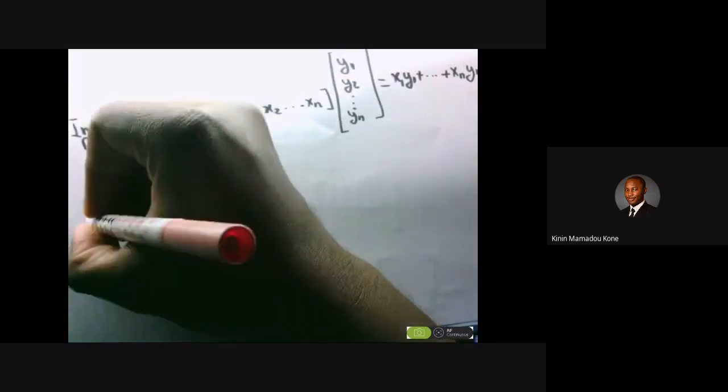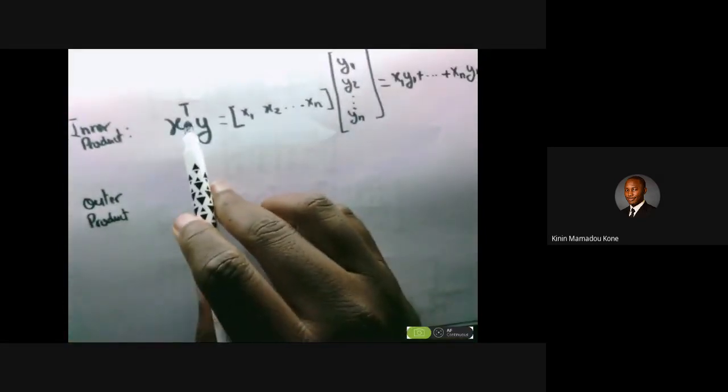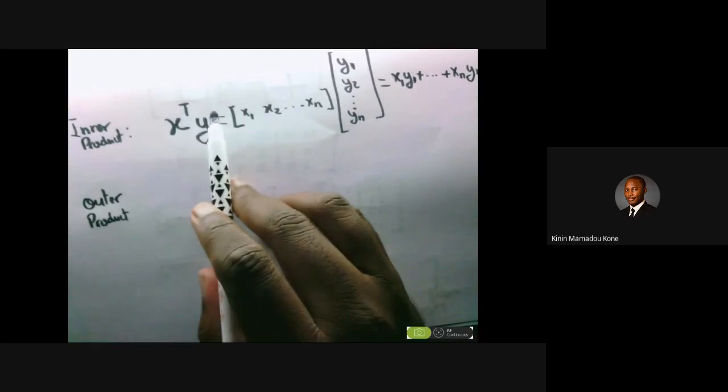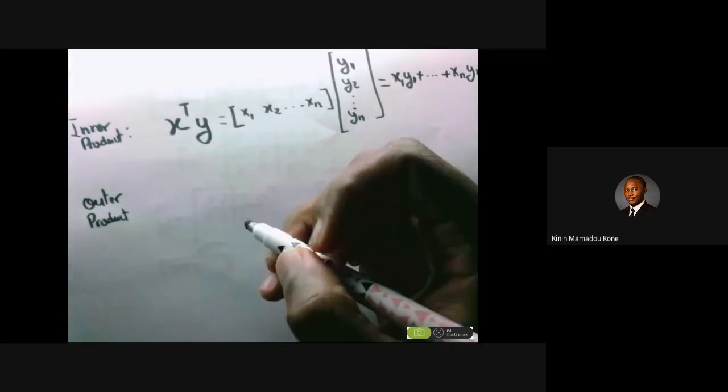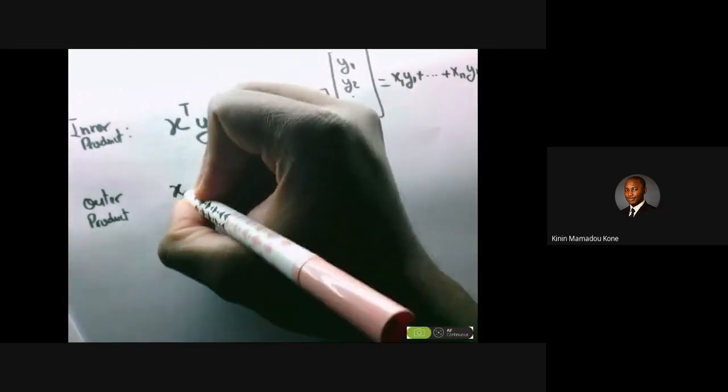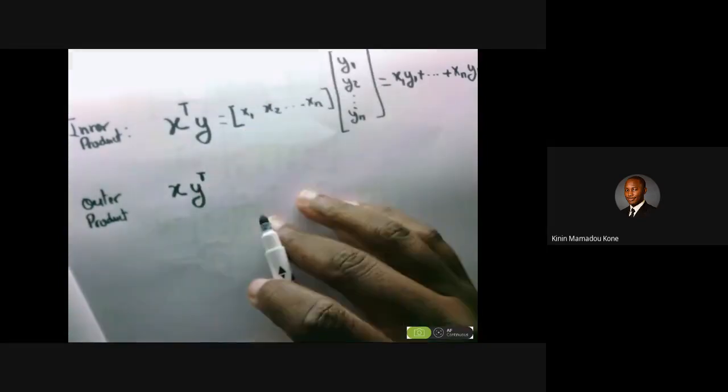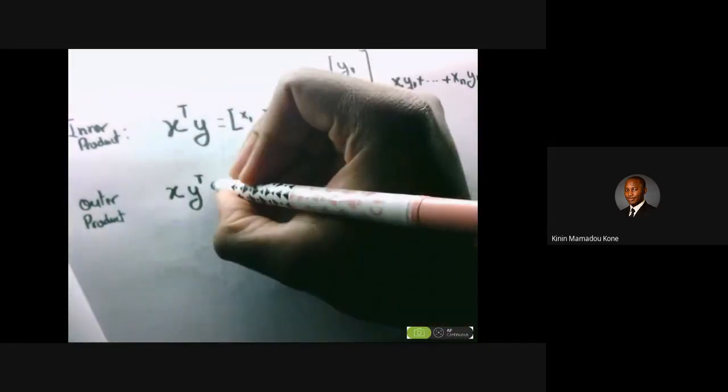The outer product. So instead of transposing the first vector, we are actually transposing the second vector. So if you have, for example, x, a column vector, multiplied by another column vector, but you transpose it into a row, then you have the following: